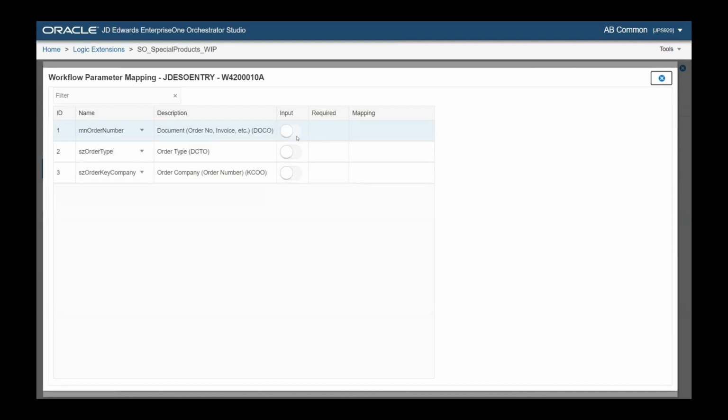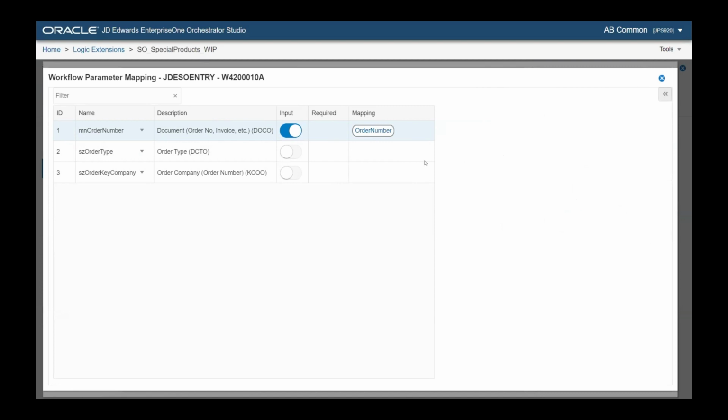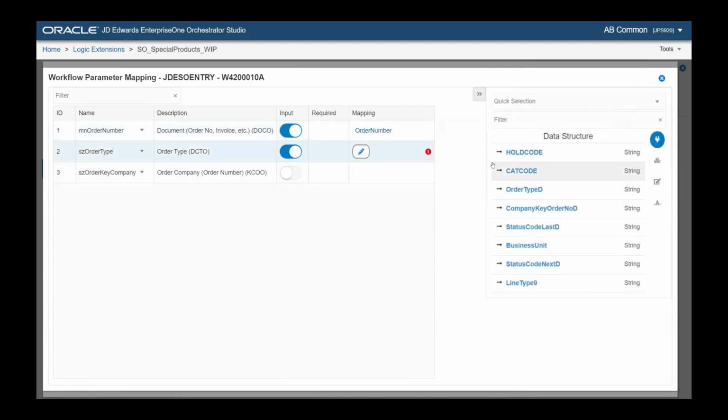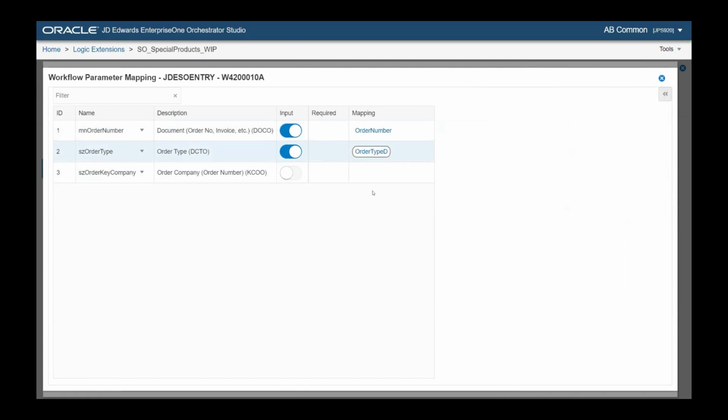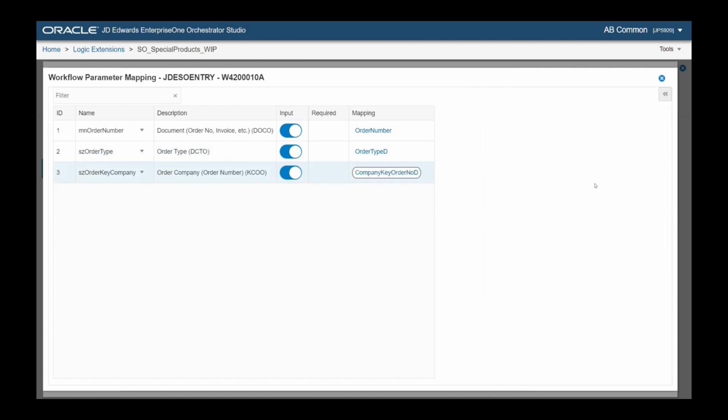So we're going to map the order number into our data structure that we had from our logical extension, right? Our order type, we're going to also map in here, and then the company also mapped in from the company fields that we've brought in